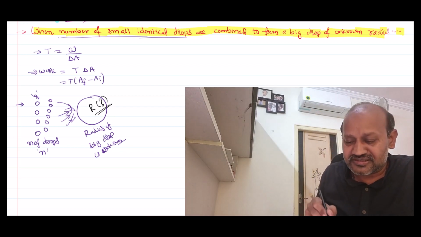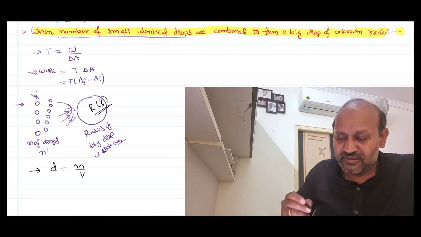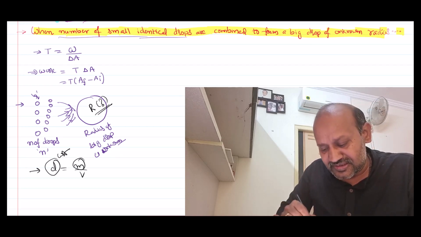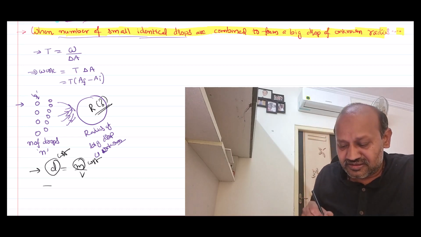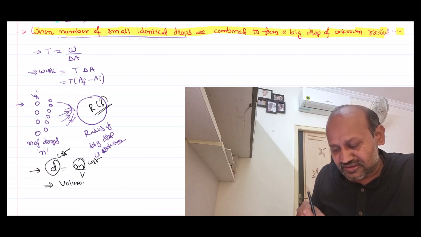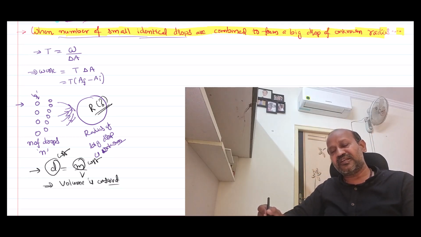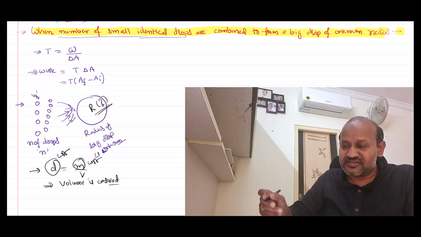The definition of density, if you remember back: density equals mass by volume. For a given liquid at a given temperature, density is constant. Mass is also constant, or conserved. So as density and mass are conserved, it is obvious that volume is also conserved. What do you mean by volume is conserved? When n drops of identical radius are combined, they together will have a certain volume. They converge into a big drop that also will have a bigger volume. As volume is conserved, what we can say is